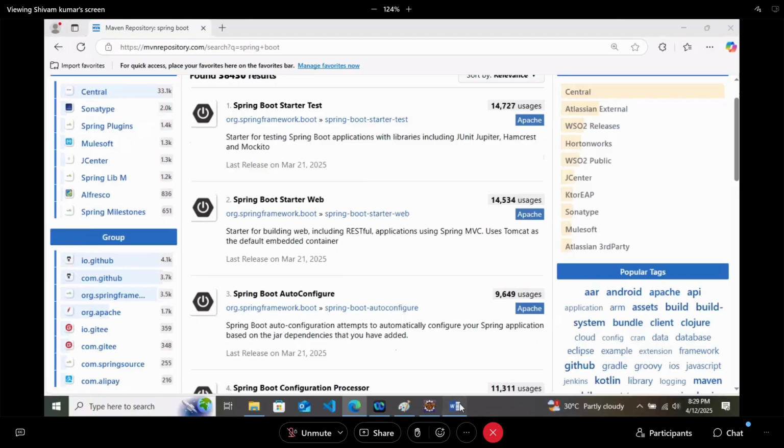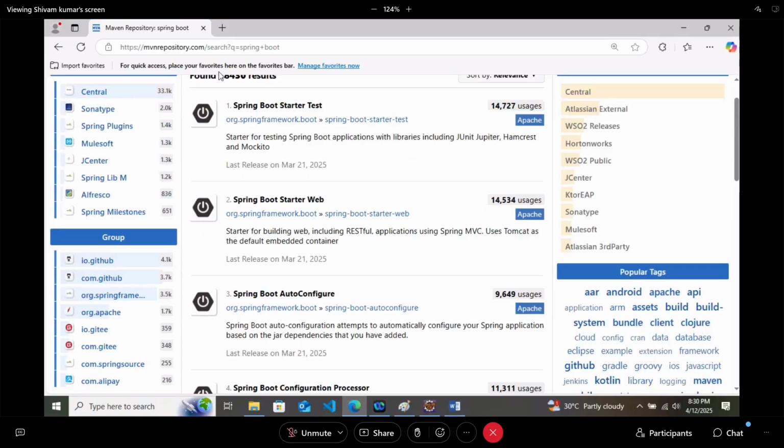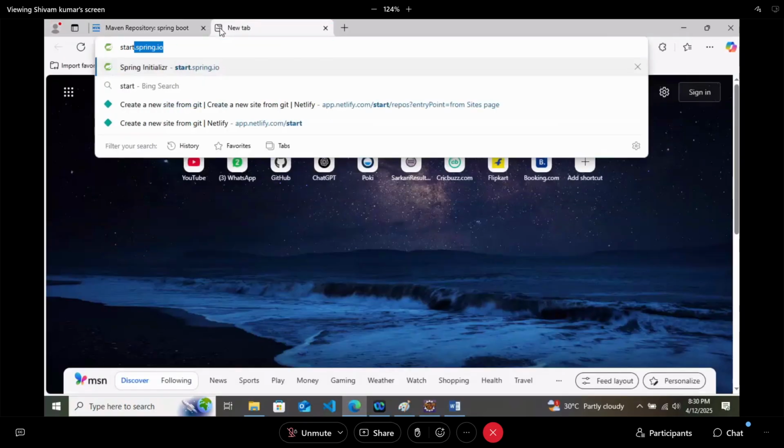So what you have to do is, in the pom.xml file, add the dependency of... Last time, which dependency were we using while generating the project from the website? Let's say you are generating one Spring Boot project from the website.